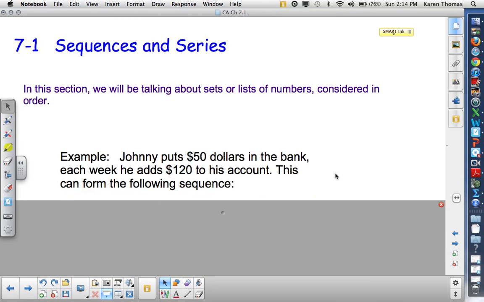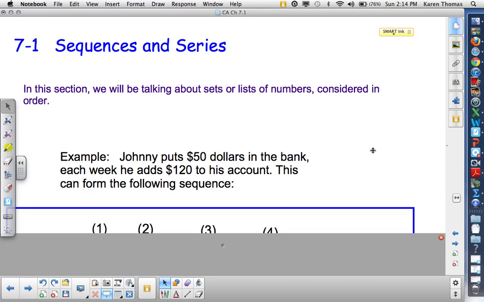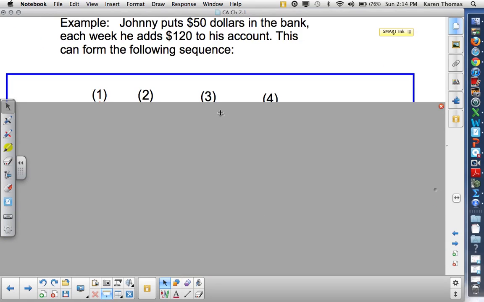Just a brief introduction of what we mean by a sequence. What we're going to do in this one is just use an example of someone named Johnny who puts $50 in the bank, and then each week he adds $120 to his account. We can use the following sequence to view this numerically, and that is: